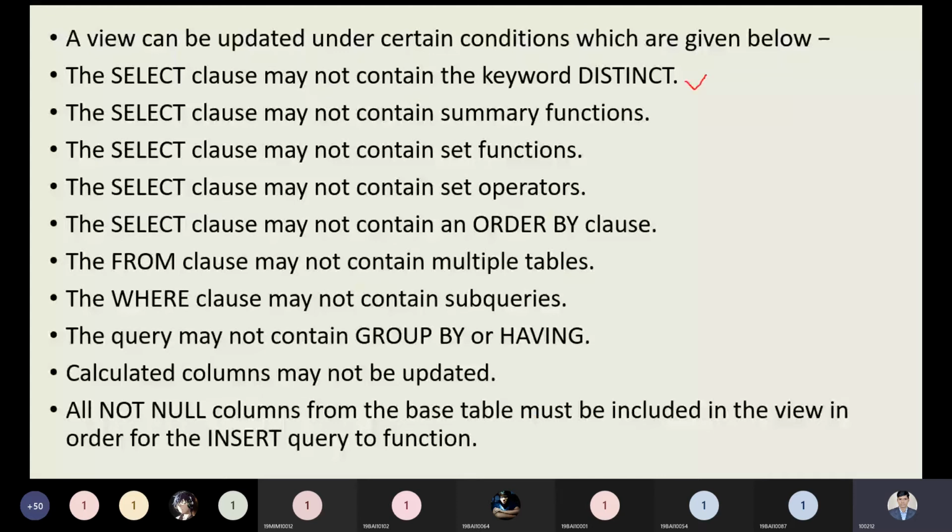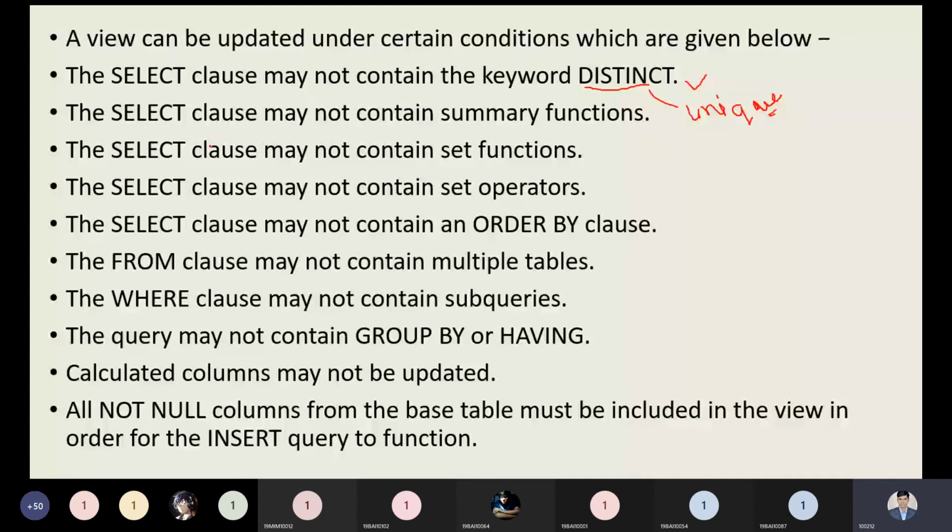Okay, why are we using the distinct keyword? For the unique purpose. You use the distinct keyword to display unique records. If you have multiple copies of a record, and we want to see only the records without duplicates, then you can use the distinct keyword along with the select.